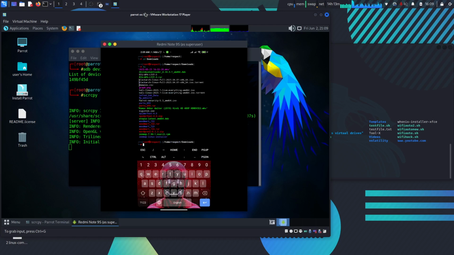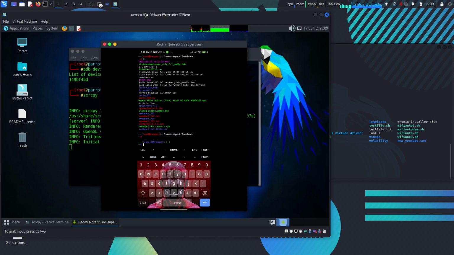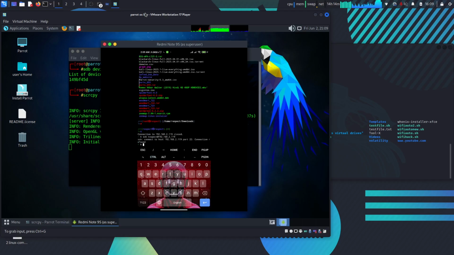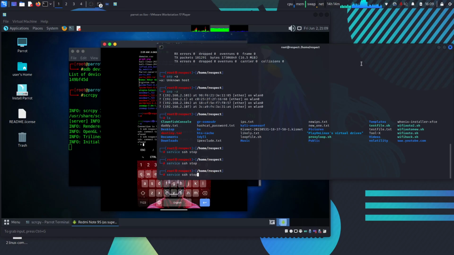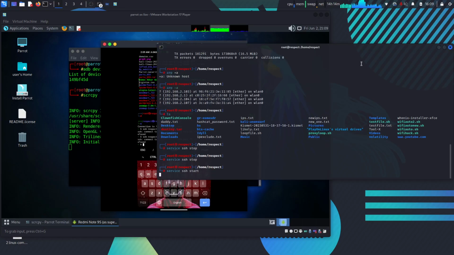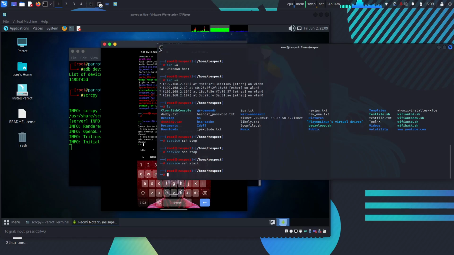Okay, still it is not stopping. Control D, and if I exit from here, connection closed. Now if I retry to connect, okay, when the connection is connected, then that service is not closed. But when you try to reconnect to that service, then it shows you SSH connect to host, connection refused. You can see here. And when I restart the service again, like service SSH start, press enter,